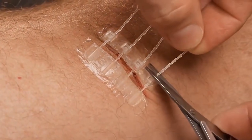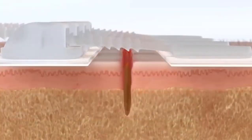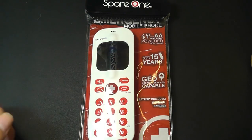You can keep this wound closure kit with a zip stitch at home, at the office, or in your bag so that you can protect everyone around you in case of an emergency. A different kind of clasp than the usual butterfly clasps. Number 2. Spare One. A report from the United Nations says that there are still 1.6 billion people in the